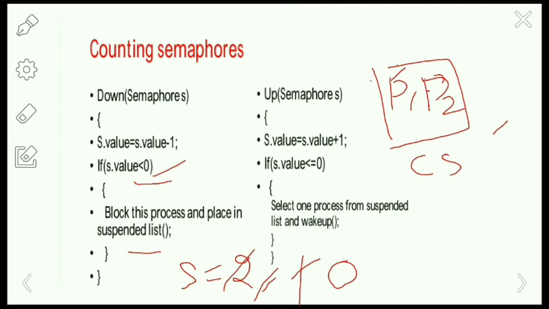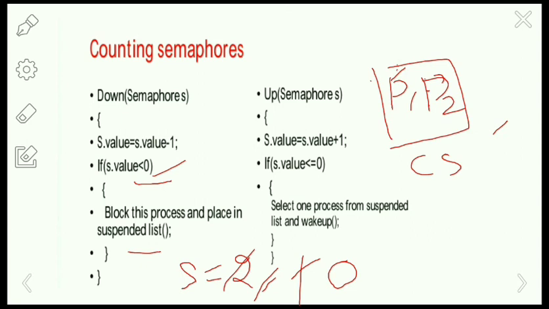Next, another process is trying to enter the critical section, that is the process P3. P3 will check the semaphore variable for the down operation. To enter the critical section it is going to execute the entry code.